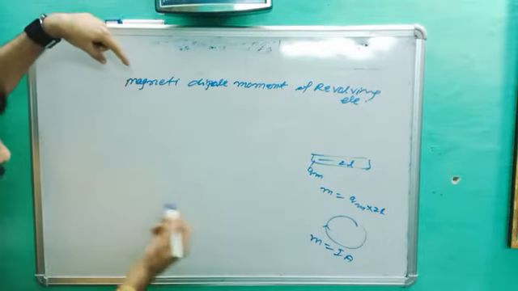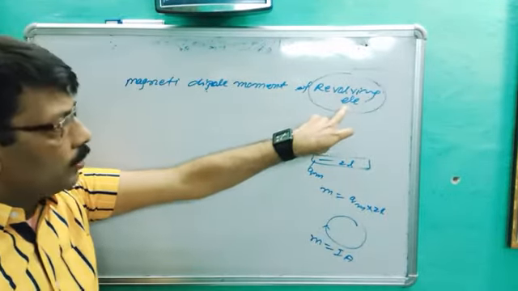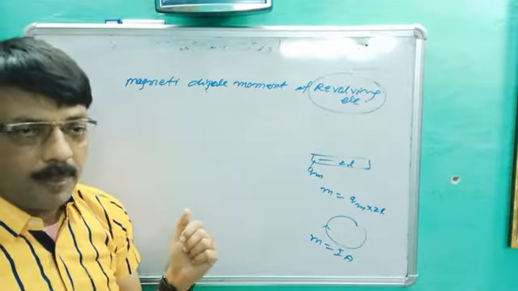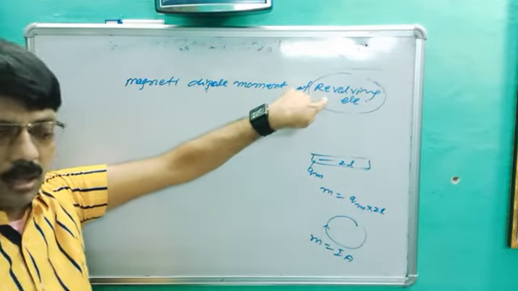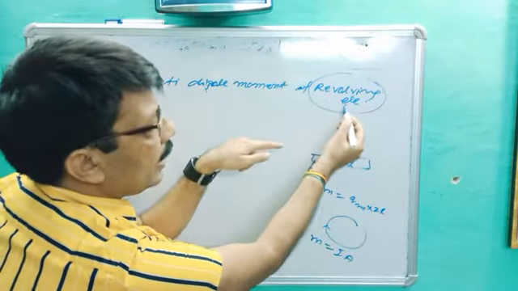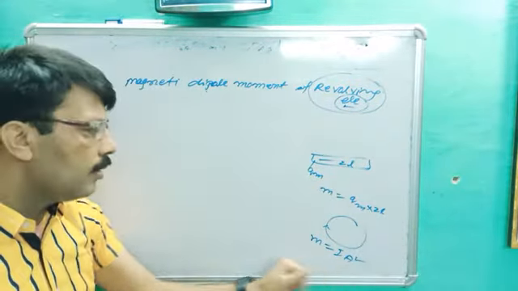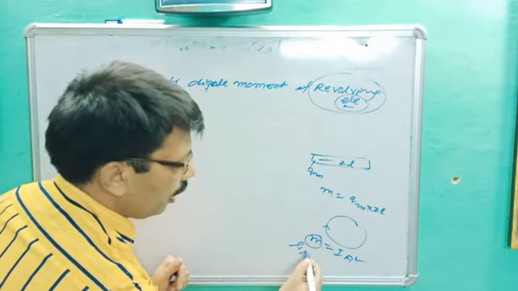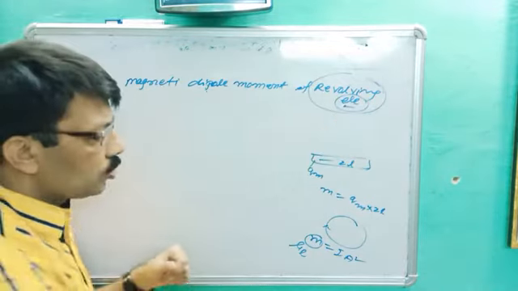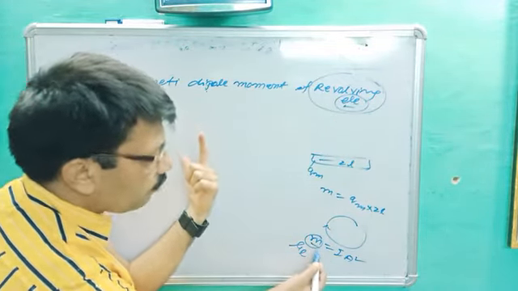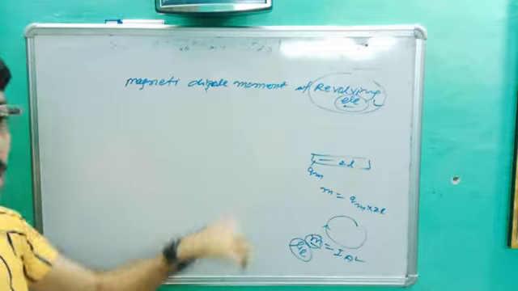In the same way we are going to start a new topic, magnetic dipole moment of revolving electron. You better know, when any electron revolves in any orbit, current starts flowing in the opposite direction of the electron. It could be solved by the formula M equal to IA, but in place of M it is represented by mu L. Mu L is the magnetic dipole moment of revolving electron. So simply it was represented by M, while in the case of a revolving electron it will be represented by mu L. This is our aim.